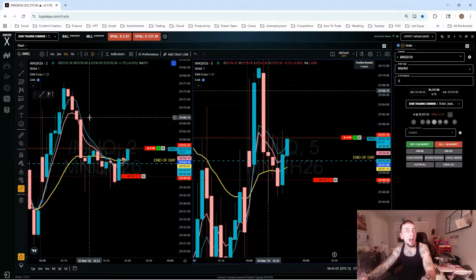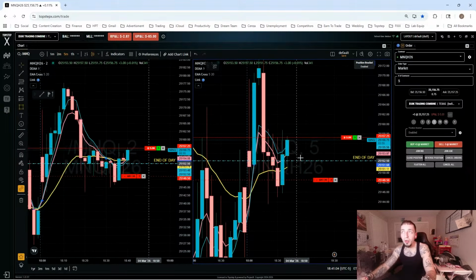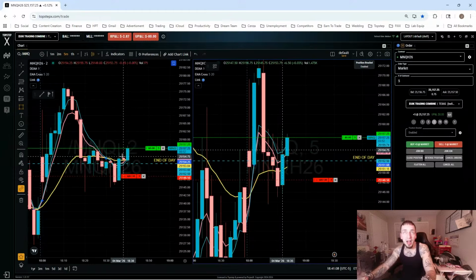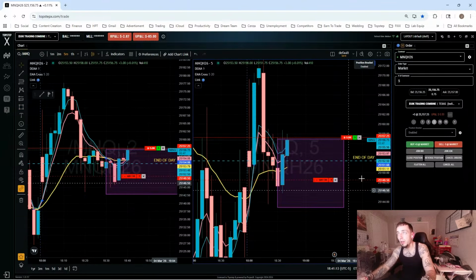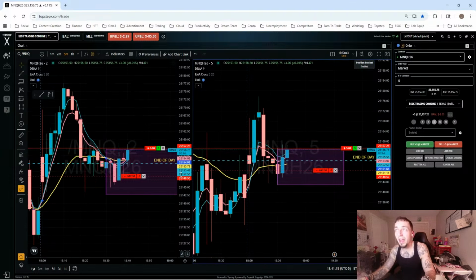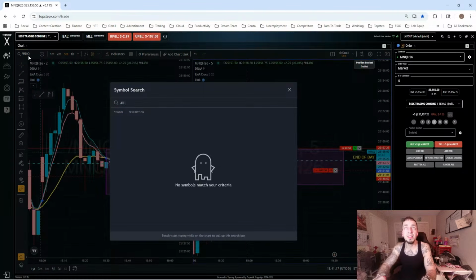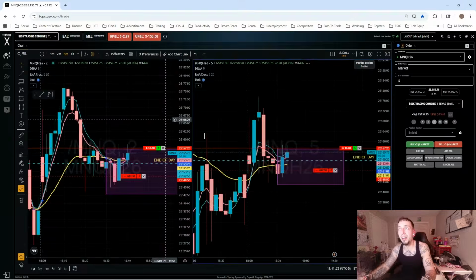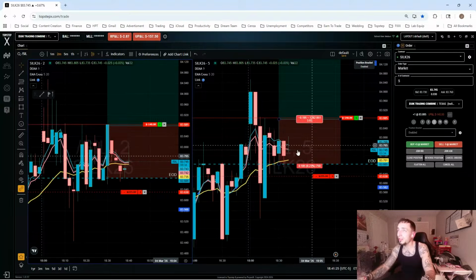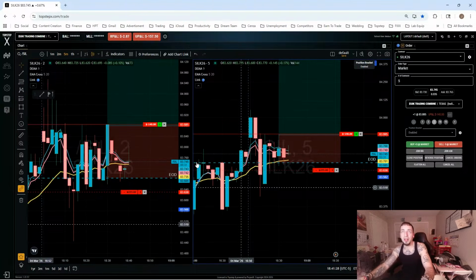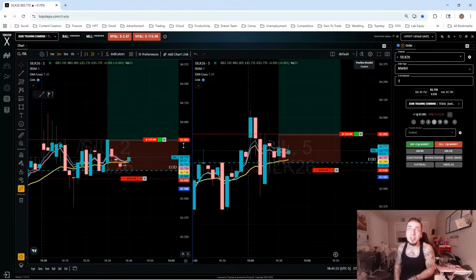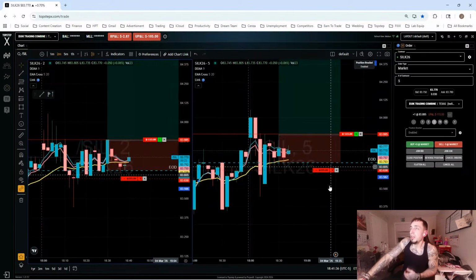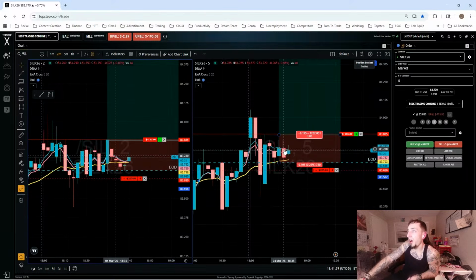I like that RBI, ladies and gentlemen. I don't like the flat 20, but I like the RBI. The RBI is going to be right here. Men lie, women lie, RBIs do not. All right. Silver's doing something. What's silver doing? Silver is trying. Let's go. That's another RBI right there on silver.